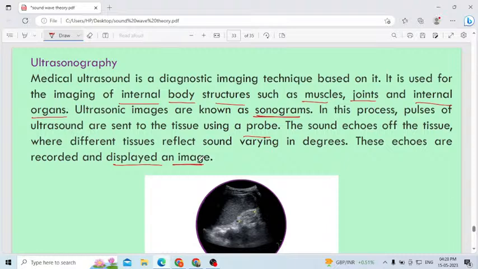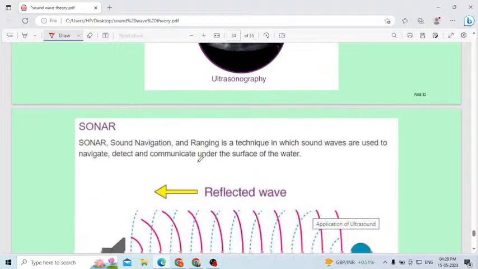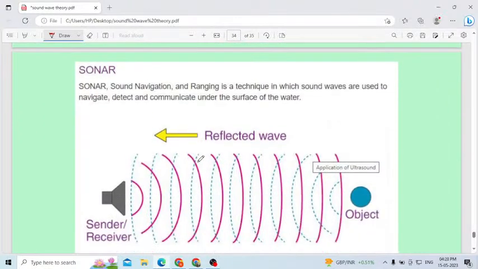Even with a fetus, in early pregnancy, you can listen to the heartbeat of a small baby, a 2-month or 2.5-month baby. How is it possible? Because of ultrasonography, with the help of the echo sound, you can hear the heartbeat of a small baby.